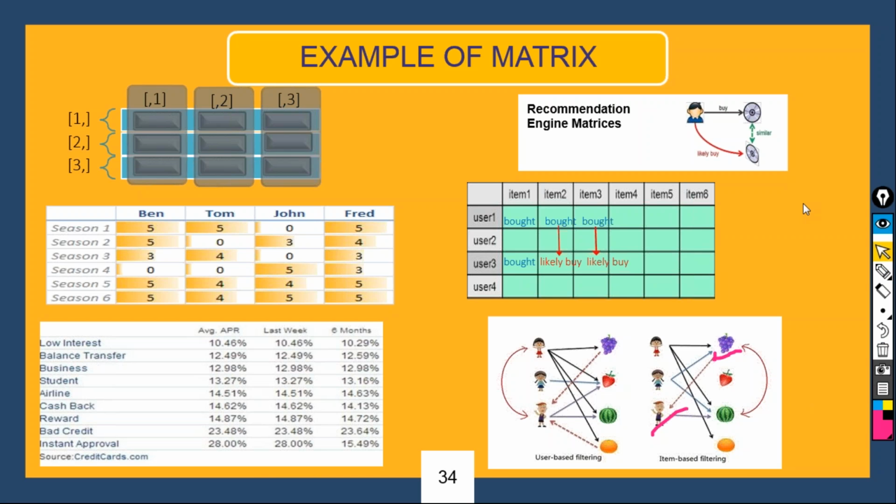Now we have a data frame. So what is data frame? Data frame is nothing but